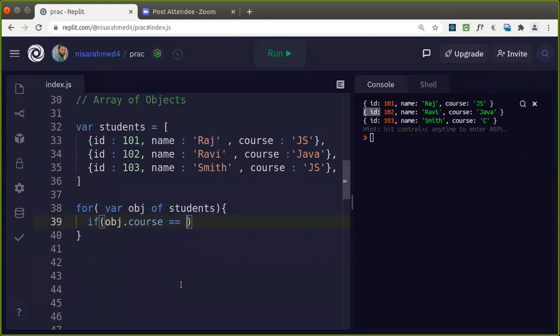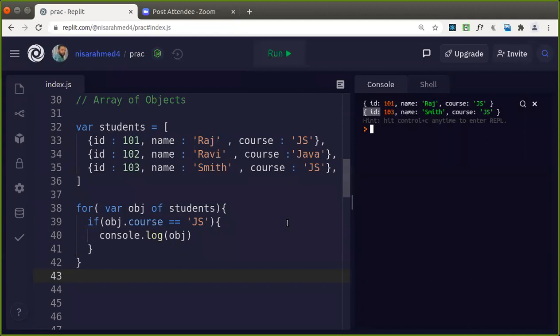If it is equal to what we have given, let's give it here, not worry about the case, JavaScript, then you are going to display that object. Good. So it will display only the details of the students of JavaScript. Like that, we can have an array of objects and manipulate it the same way we manipulate the values in an array.